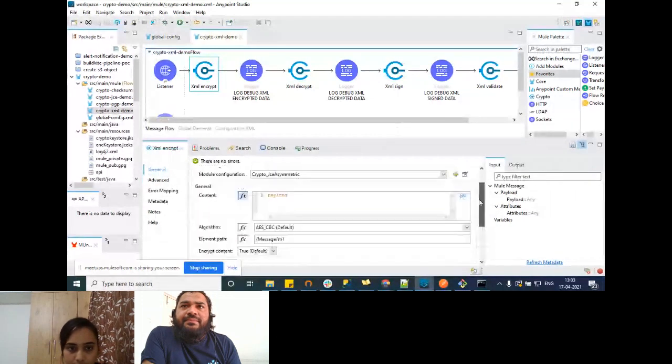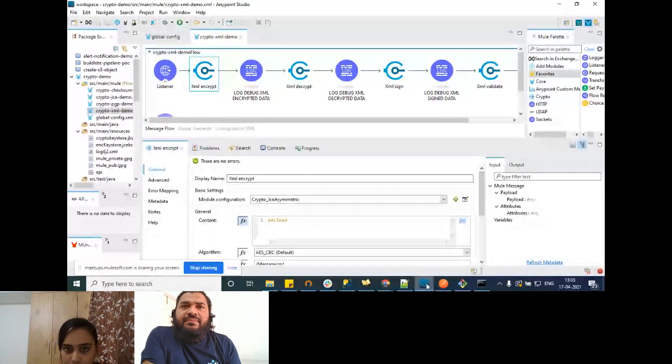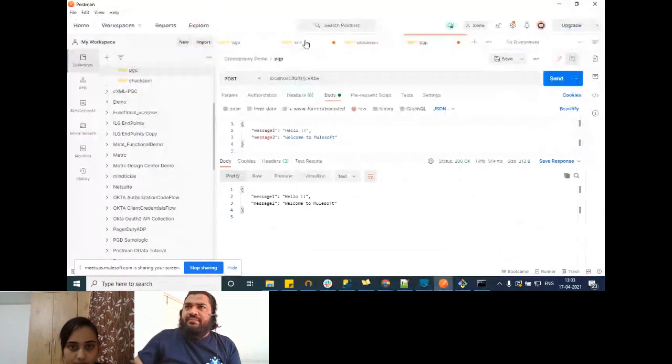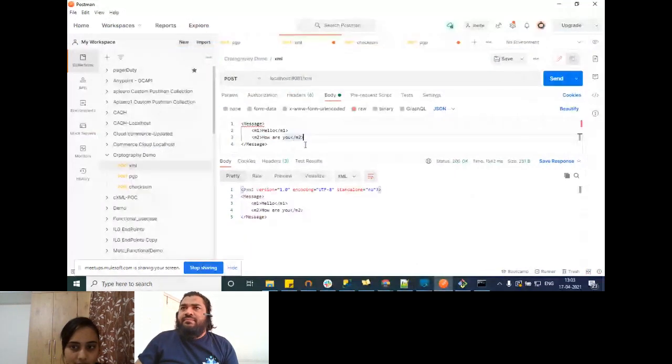So let's try to hit the endpoint. I've just made use of a simple XML format over here.